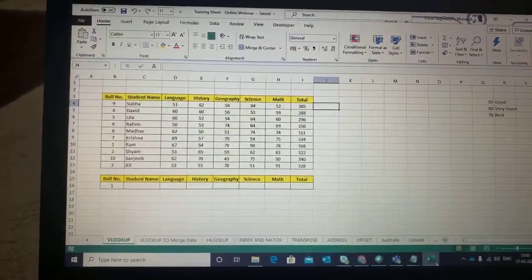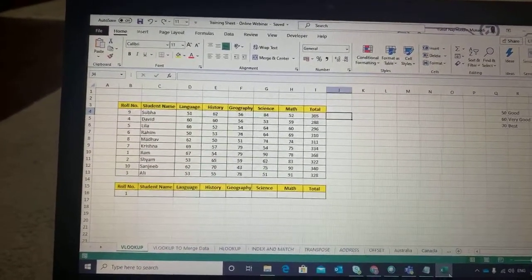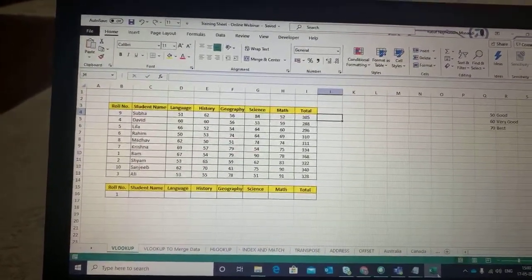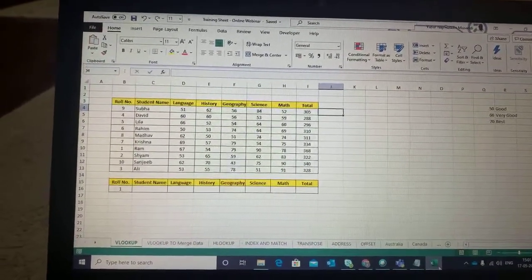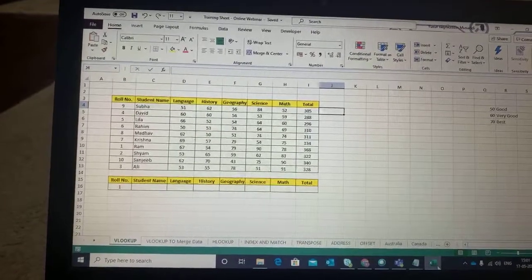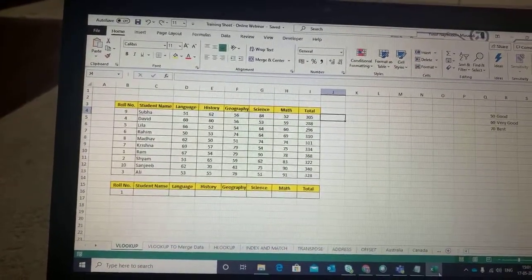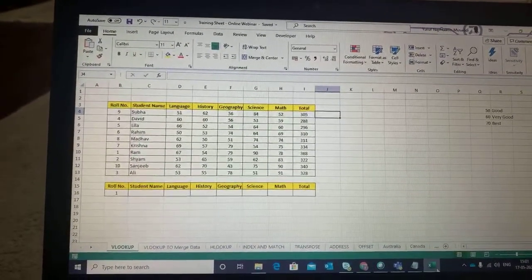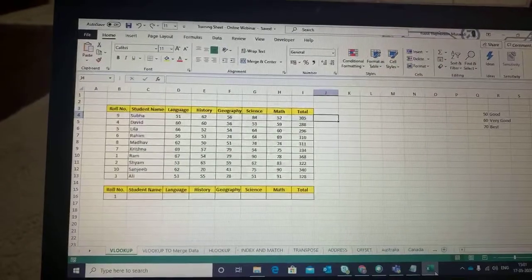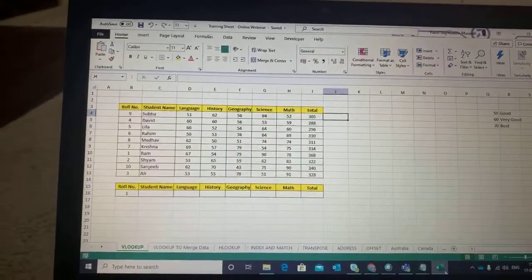So today we are going to only have a look at the VLOOKUP function, how we use it in the correct manner, and what its drawbacks are. So starting with the explanation, basically the VLOOKUP function is used to search for values in a table. Whenever you have loads and loads of data on your Excel sheet, and from this data you want to pick up a certain value.